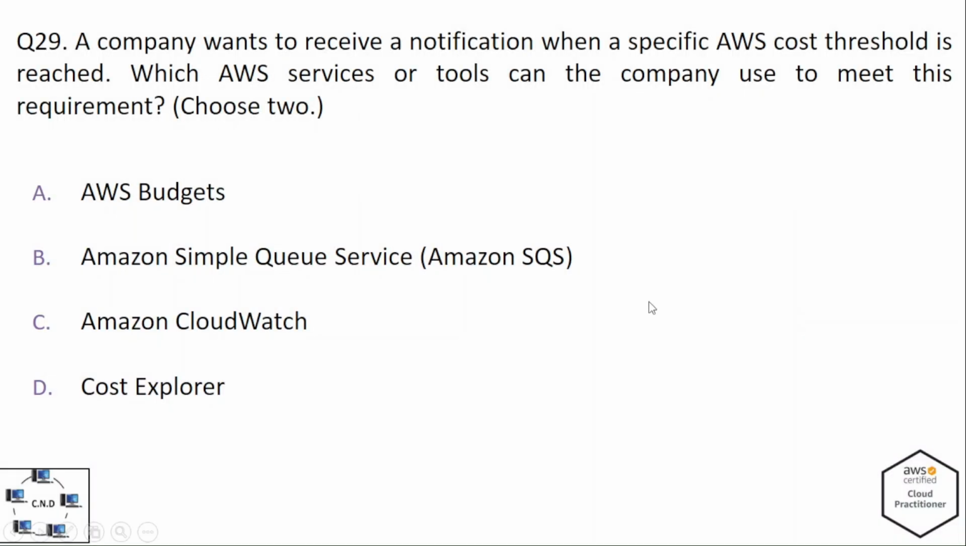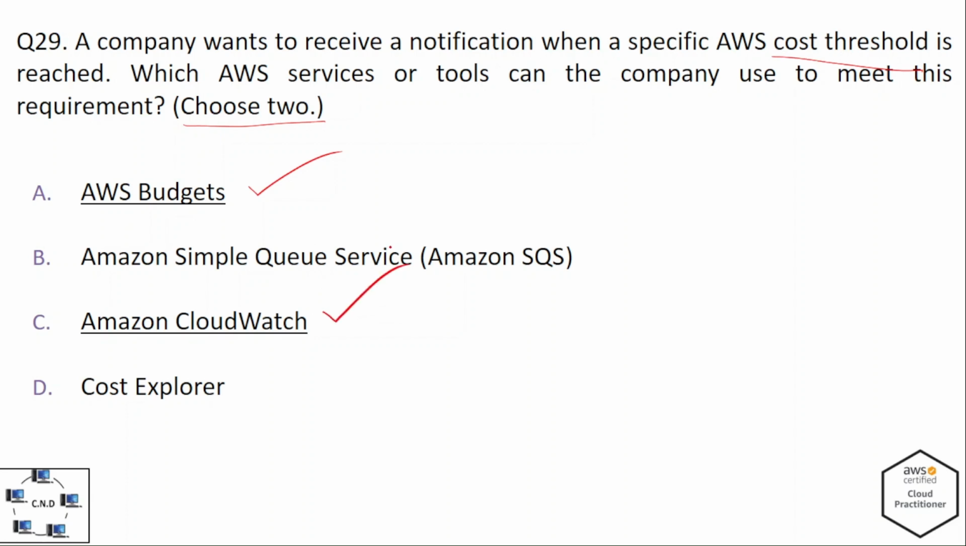multi-factor authentication devices. Question number 29 is that a company wants to receive a notification when a specific AWS cost threshold is reached. Which AWS service or tools can the company use to meet this requirement? We have to choose two options, and the options are A, AWS Budgets, B, Amazon Simple Queue Service, that is Amazon SQS, C, Amazon CloudWatch, and D, Cost Explorer. And the correct options are AWS Budgets and